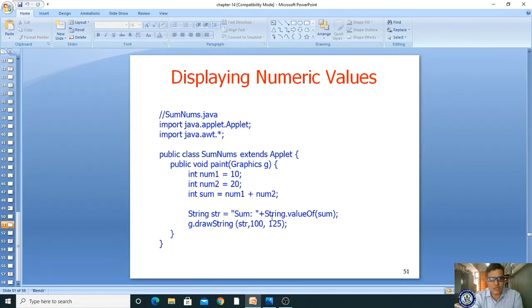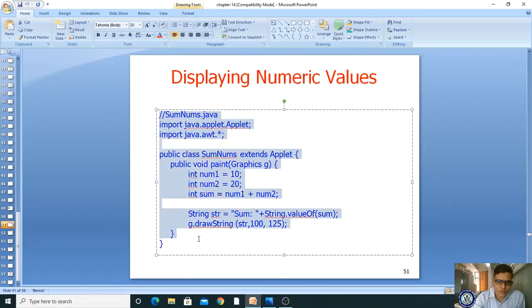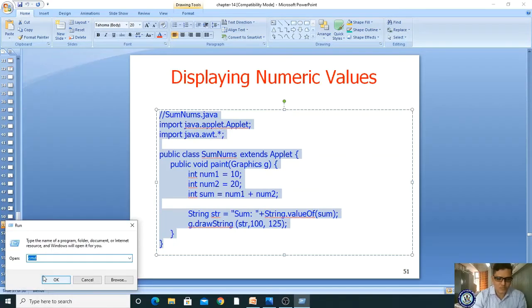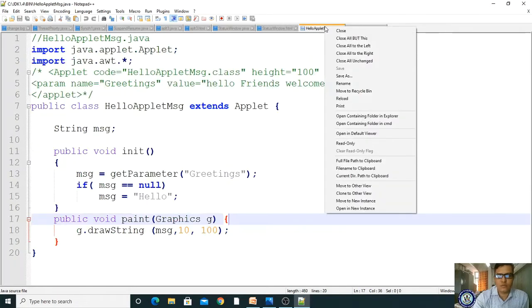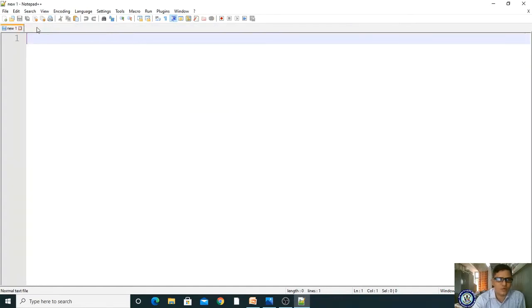So let us see the execution of this program. Let me copy it, and I'm taking Notepad++, and I'm taking a new file. Let me close all files. Close all but this. Okay, close this.